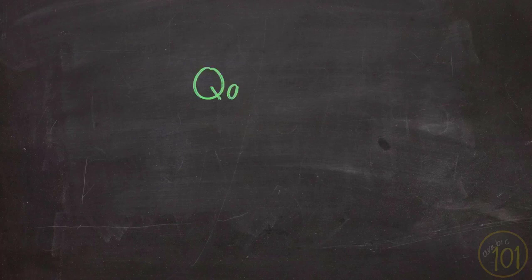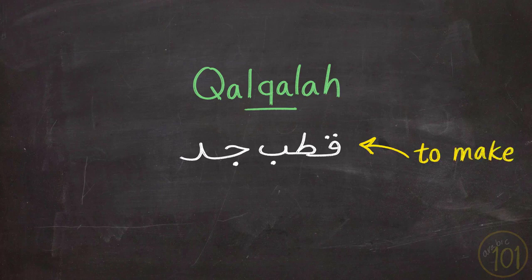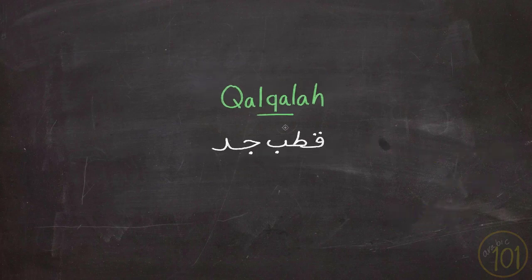The letters of Qalqalah are 5, and they form the mnemonic Qutb Jadd. And the purpose of Qalqalah is making the sound of these 5 letters audible and distinguishable when they have sukoon. So when we say